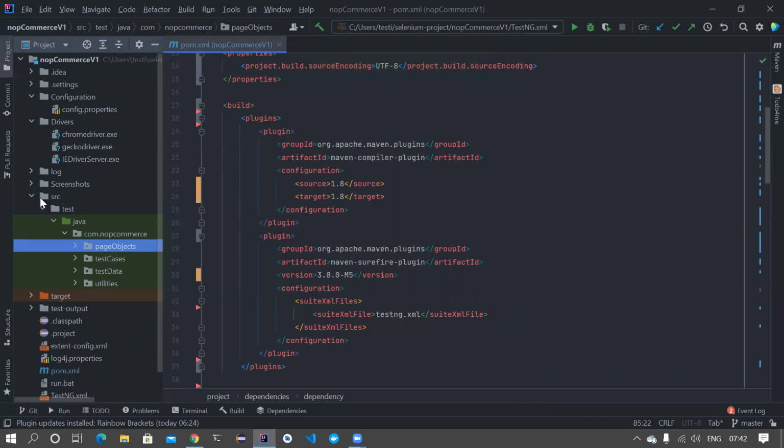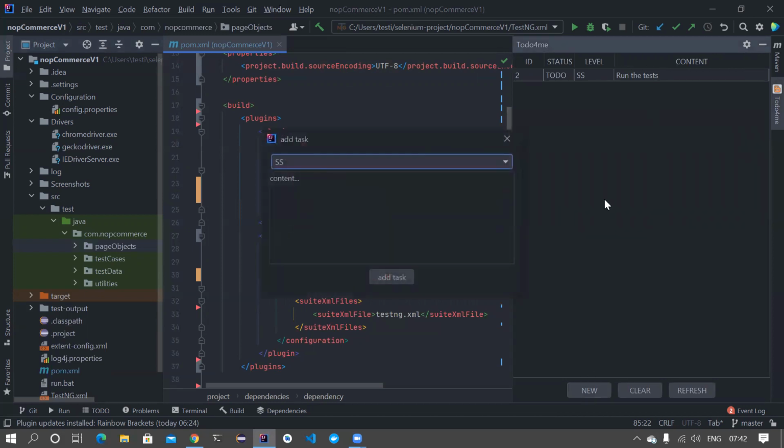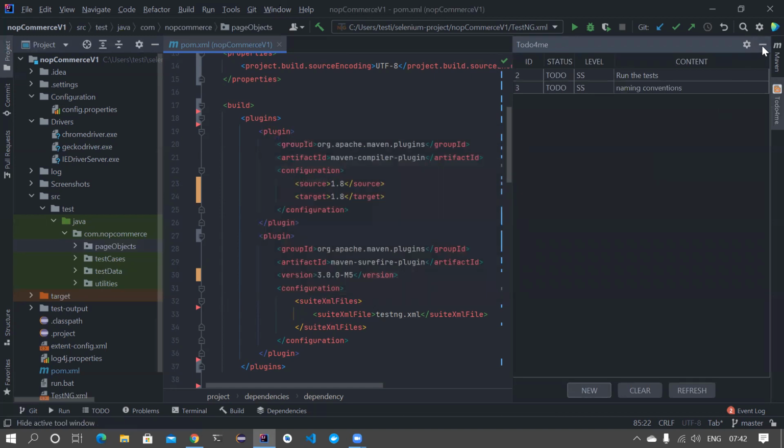Hey, look at the convention of the packages, right? It's not really good. Page objects in camel case, that's not what someone would do, right? So that's really bad. I need to really work on the naming conventions they have used. The naming convention is a bigger problem. I need to fix this. This may be my second task. I'll mark down all these things.